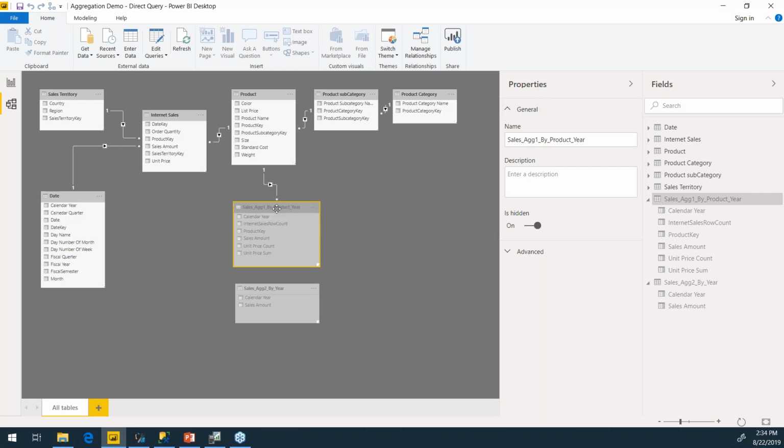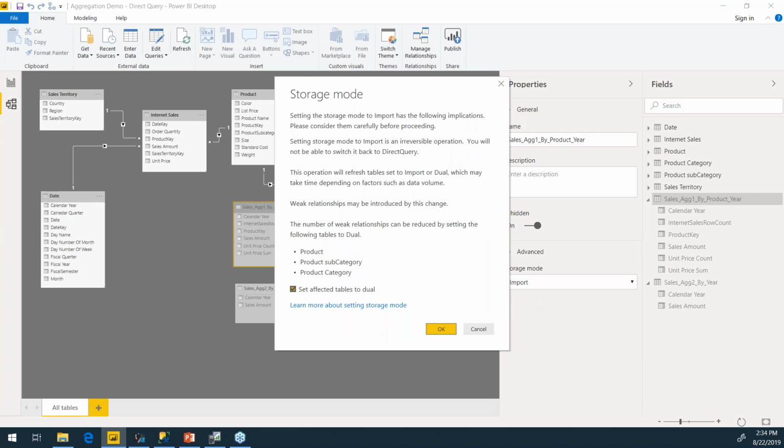and that's great because now we can go to the properties pane. So once I select a table, I see the properties. If I go to advanced, I see that it's in direct query. And now I can change it to import. Now, the moment I do that, it's going to give me a bunch of messages to make sure that's actually what I want to do. So first of all, it says, if you change the storage mode from direct query to import, it's a one-way trip. You cannot go back. So make sure you save your Power BI desktop before you do this if you're unsure of this, because you won't be able to change it back.